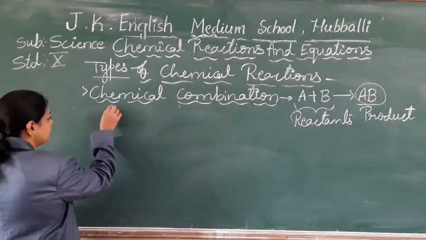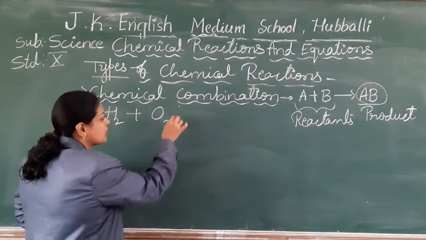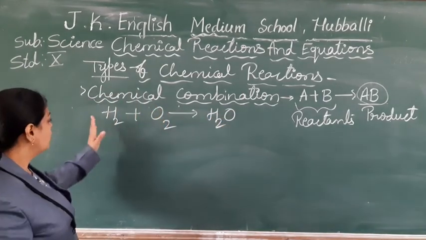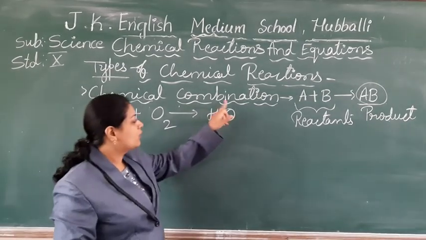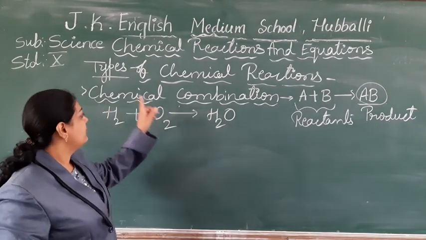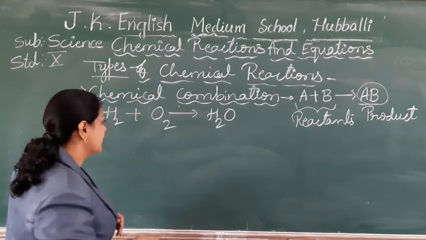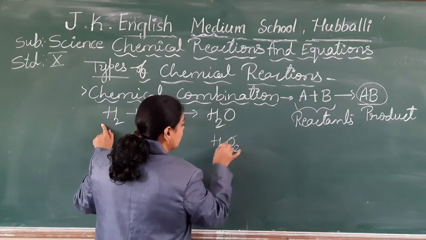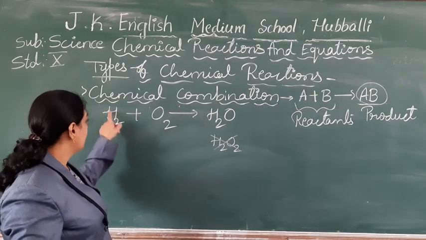First one, hydrogen reacts with oxygen to form water. Right students? So 2 reactants are combined with each other and you are going to get a single product. So this we can take as an example for a combination reaction. See here, H2 plus O2, you are not getting H2O2. Combining means these two elements you combine, H2O2.